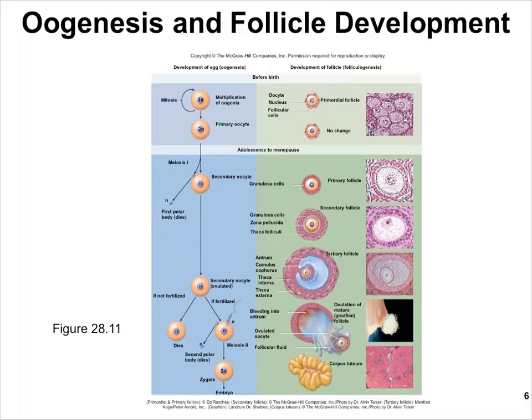Most of these primary oocytes will actually degrade by the time the girl is born, and up until puberty, they're basically dying. You start off with millions of them, but by the time puberty hits, you've typically got about 200,000